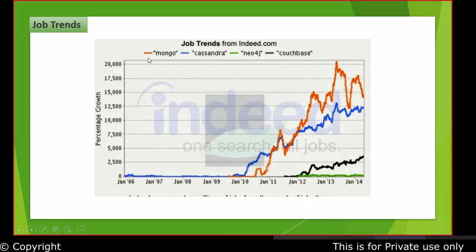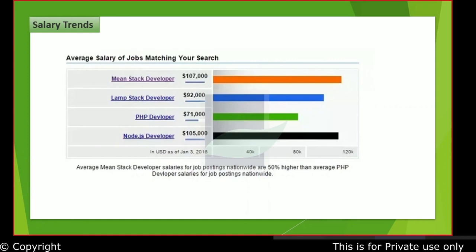These are the competitors for NoSQL databases. MongoDB is again in the front. So the ask for MongoDB is also pretty high, which is part of your MEAN stack learning. So you can see that the average salary which is offered to a MEAN stack developer is clearly high. This was a stat back in 2016. So now it should be pretty much different and pretty much high, because LAMP stack and other stacks of technologies are not that famous like MEAN stack. So it should be definitely on the higher end.